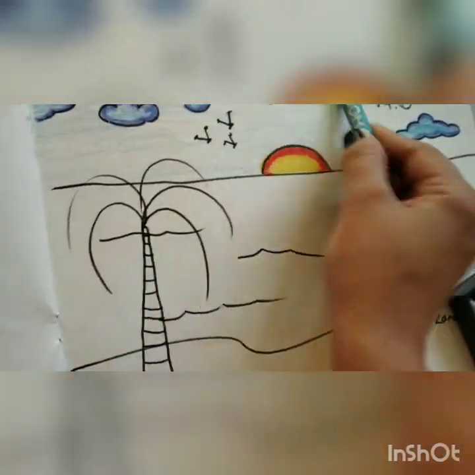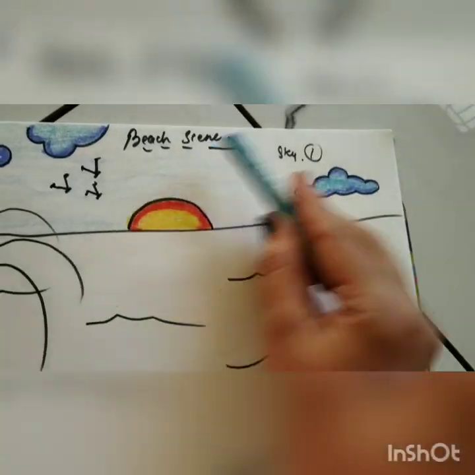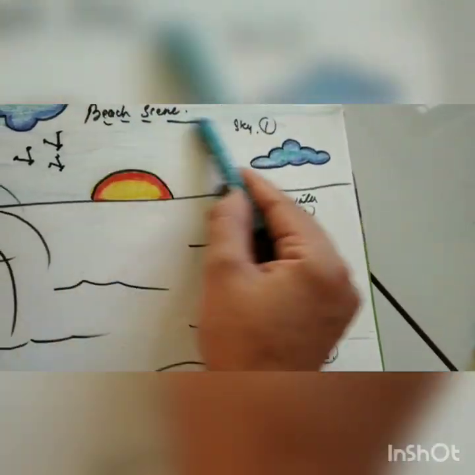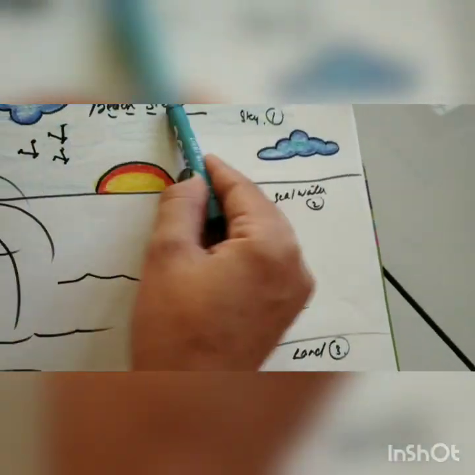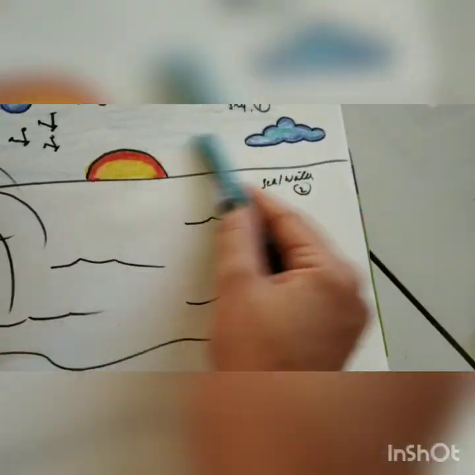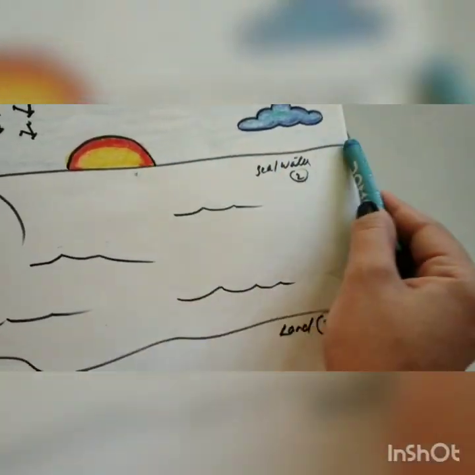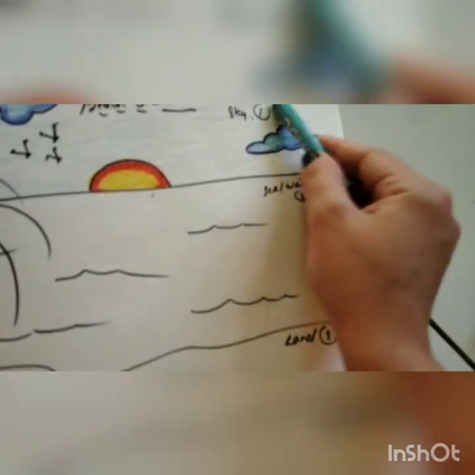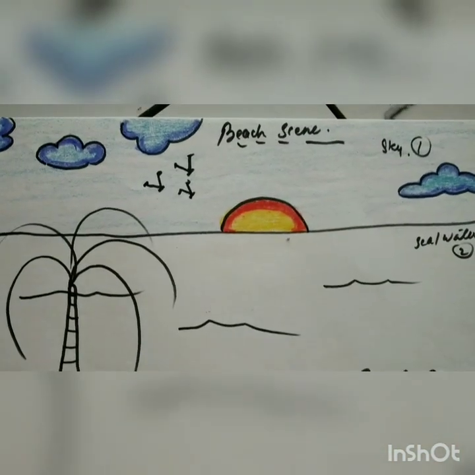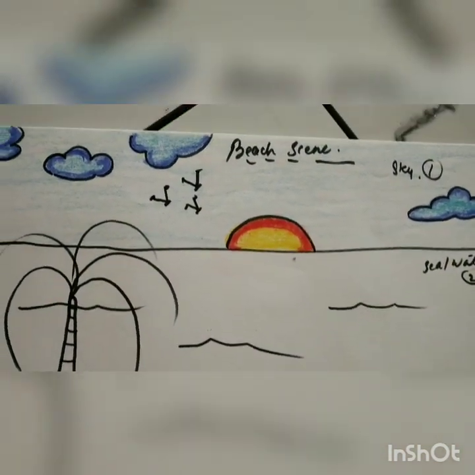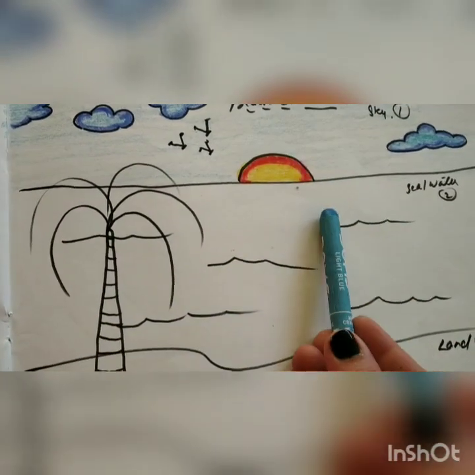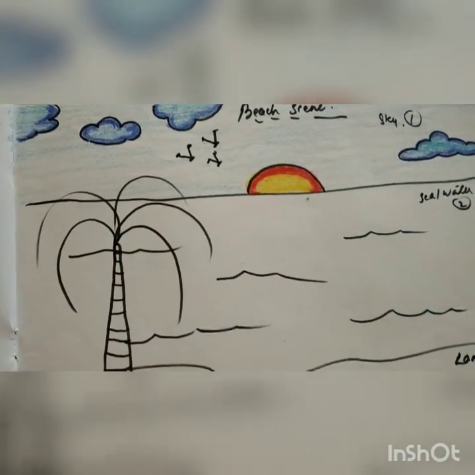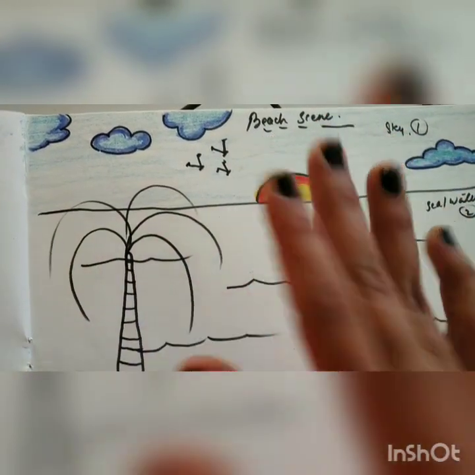You need to fill it lightly. Okay, I'm not making it dark. Do it really light and sleeping direction, and one more thing, in one direction only. I'm not changing my direction, right? Same way, you don't have to change your direction in between. See, I have colored it really light. Okay, because anyway I have to color this blue my sea. So to make it look a bit different, I have colored it really light.